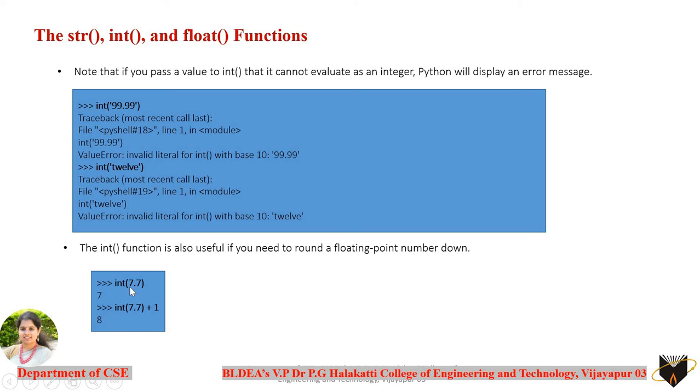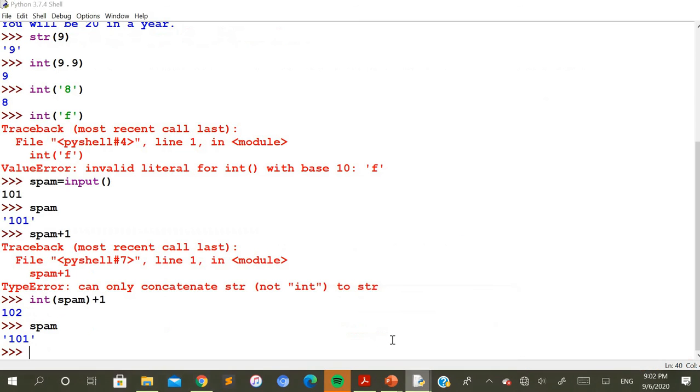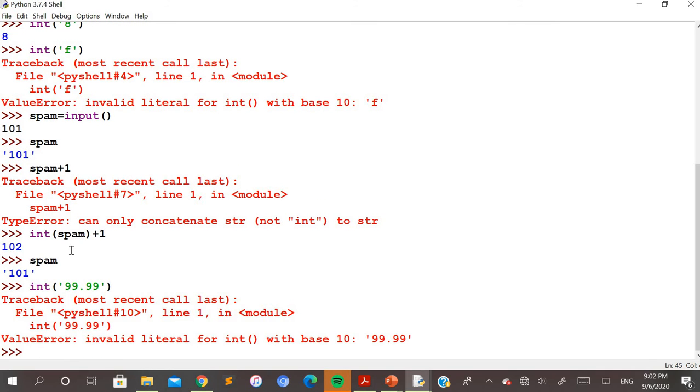And here, int of 7.7, of course you can do it, because directly it is a floating value which you can convert to the integer just by truncating the value. I'll show you here. So int of, I'll take it in single quotation, '99.99'. If I press enter, you will get an error. Why? Because though it is a floating value, at first it is a string. Within the string you have the float, and it is not possible to convert it into the integer.